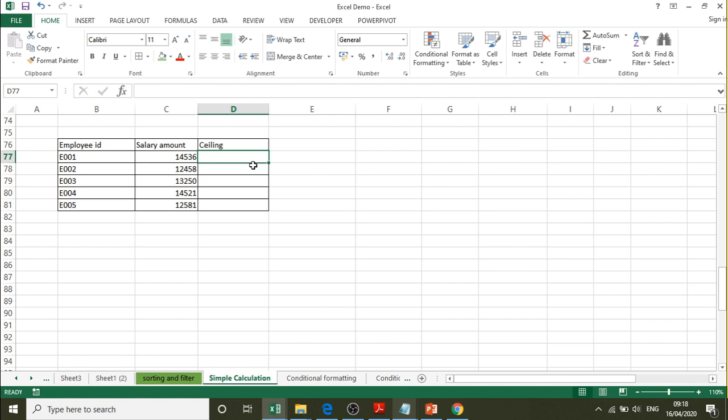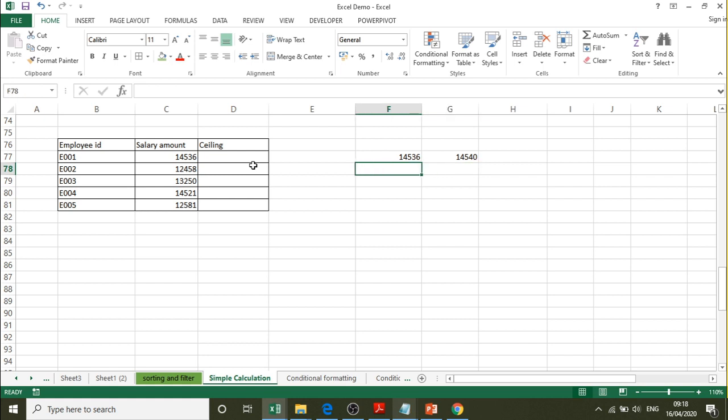What we are expecting out of this is that we want to round it off. That means whenever we come across 14,536, it should round it off to the next 10. That means 14,536, we want to round it to 14,540.